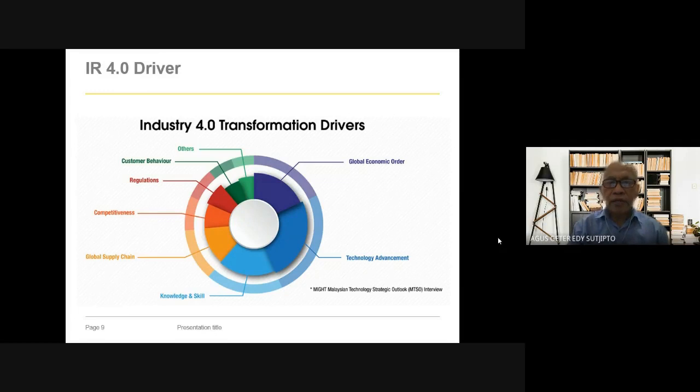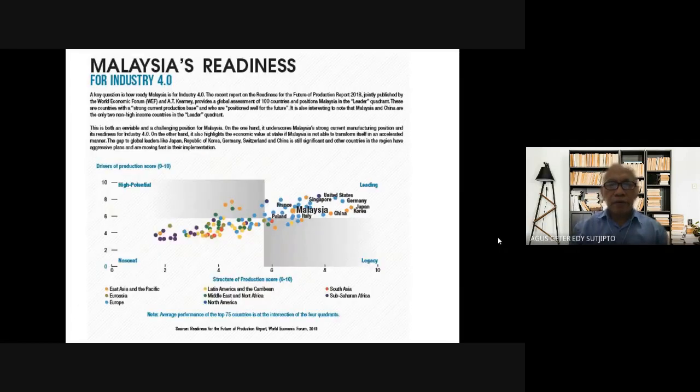So actually, they're ready to be leading in industry 4.0. So the Malaysian position is here. This is based on the structure of production score, between 0 to 10, and the y-axis is the drivers score. The drivers are based on 7 or 8 components. So Malaysia is here.